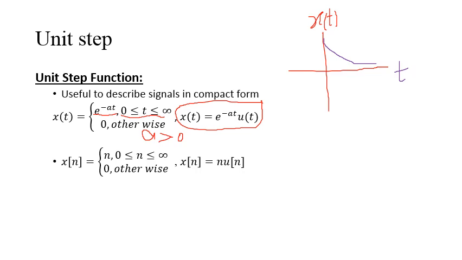So you see that's a very simple description. We say x of t equals e to the power minus at times u of t, whereas in the other case you have to mention this thing and this thing. So I hope the description of the signals using the step function is very compact. I hope that clears the idea for you, right? Similar is the case for discrete time. So if you look at this one,